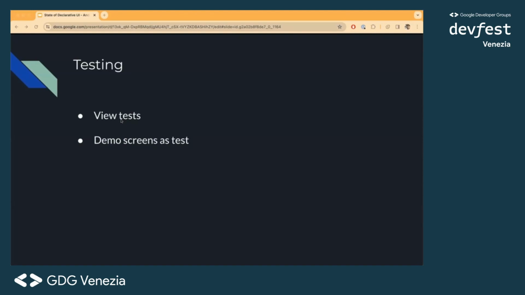Demo screen as a test. I consider this as a test for the designer part. For most of the company, we started from a design, building this, trying to implement the screen following the design as much as possible. But at the end of the day, things change, even the application and the UI and the features of the application start diverging, adding a few things here and there, changing paddings and other optimizations that go a bit far away from the actual initial design,